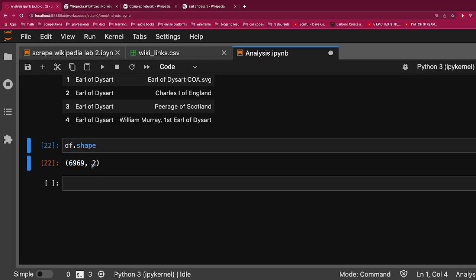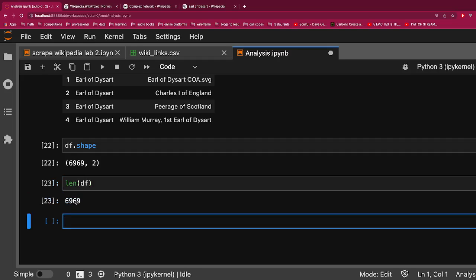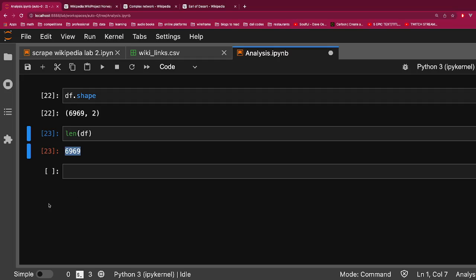If you're trying to get just the number of rows, you could just do the length of the data frame and it will still give you the number of rows. That's just another way of doing it. So now that we have a lighter data frame,